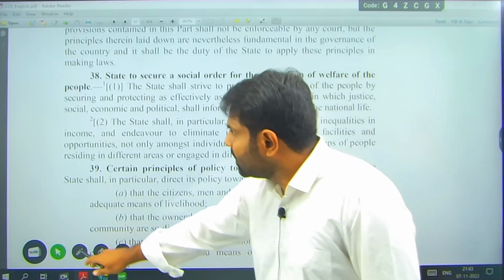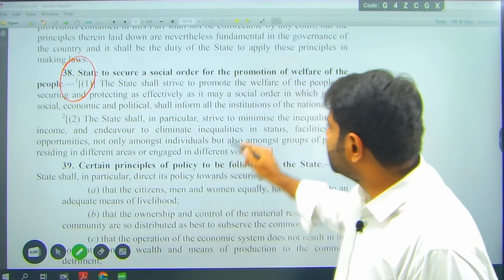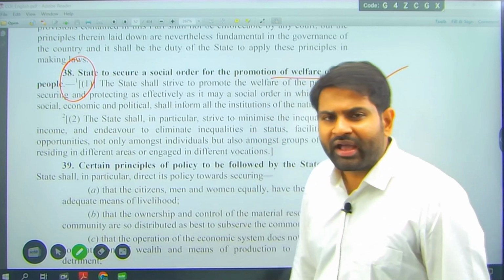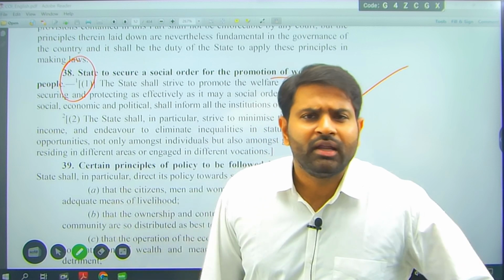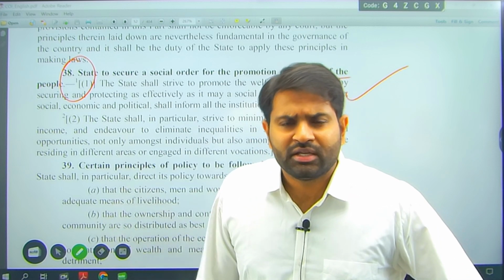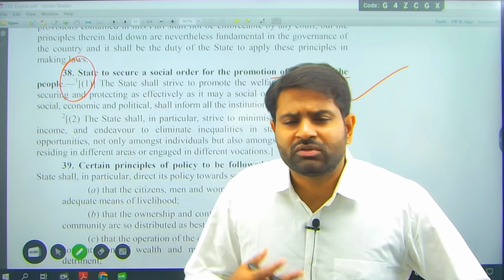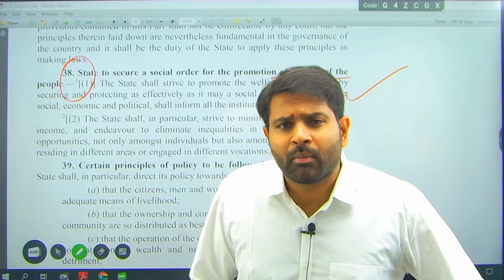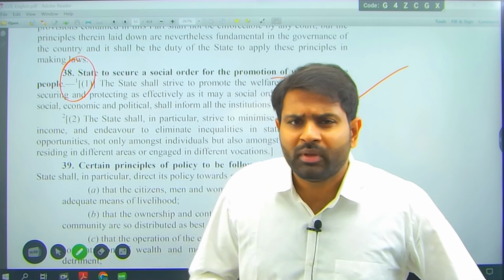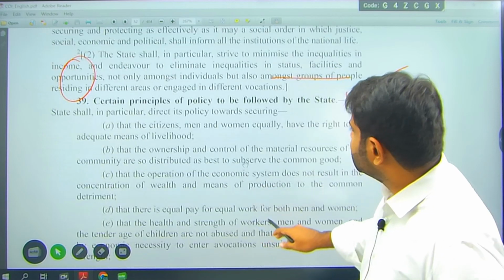So, that is where Article 38 comes. Article 38 is literally talking about the welfare state. So, in India we have a welfare state. How can we say that we have a welfare state in India? Mention Article 38, Part 4. That is how we have a welfare state in India. When we talk about governance, civil society, international relations, economy, economic schemes, we should be able to quote Article 38. Nothing much about that other than this.